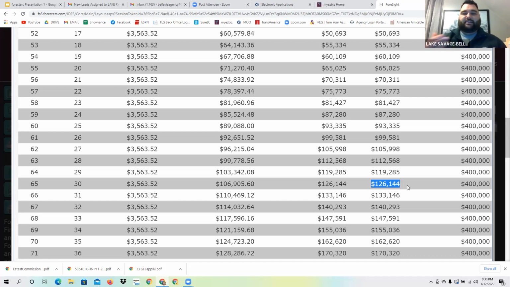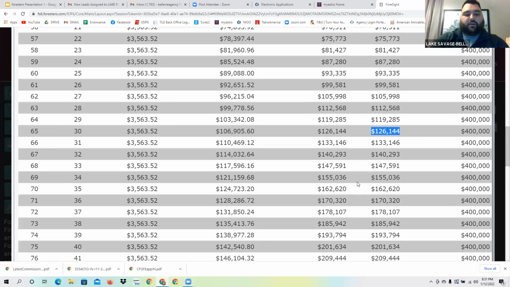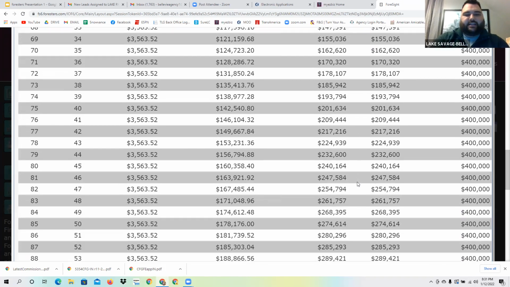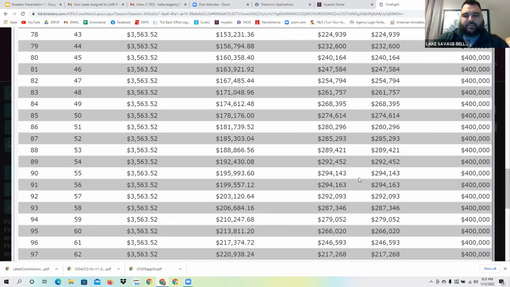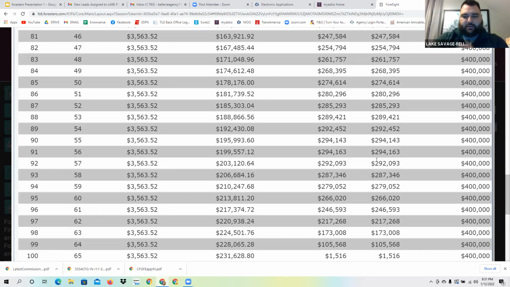Okay. In this sense, this guy's young, he's healthy. He's going to be able to pull out an extra $20,000 over what he paid, or he can continue to pay the policy. At about age 90, you're going to see this policy start to drop off. Okay, so the maximum cash value he's going to have, excuse me, is $294,000 at 91. That's the maximum cash value he's going to get. He'll have made almost $100,000 on his money if he's still alive at that point, that he can take out